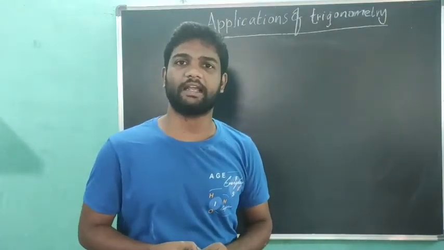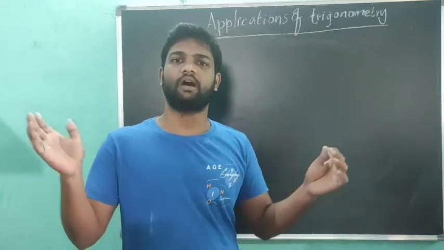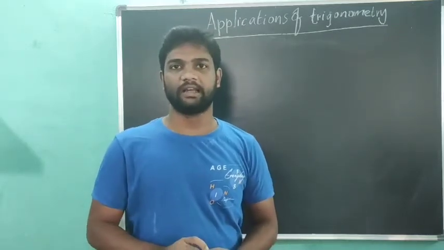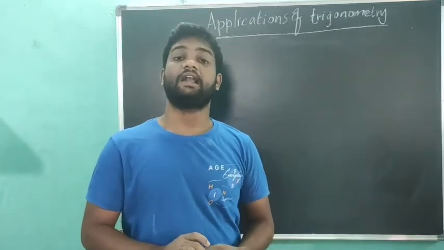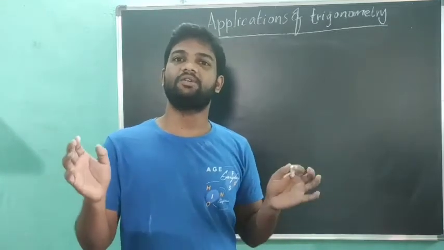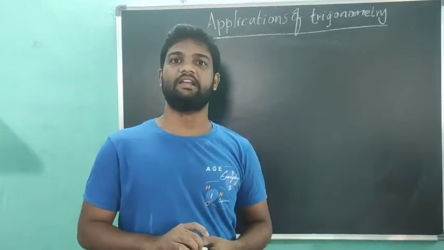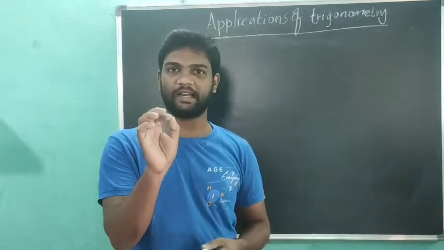What is an equilateral triangle? An equilateral triangle is one whose all three sides are equal and three angles are equal. And what is another triangle? It is an isosceles triangle. An isosceles triangle has two sides and two angles always equal. And one of the famous triangles is the right angle triangle. And I am stressing only on this right angle triangle.